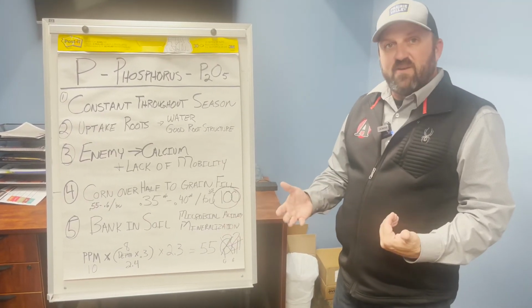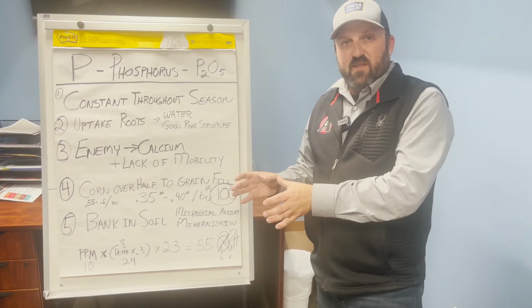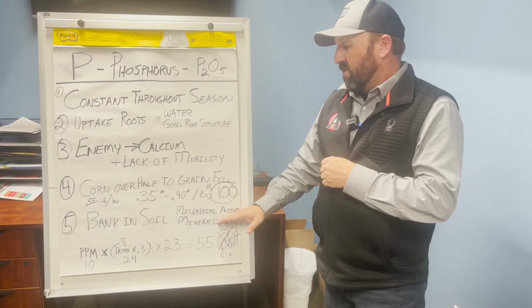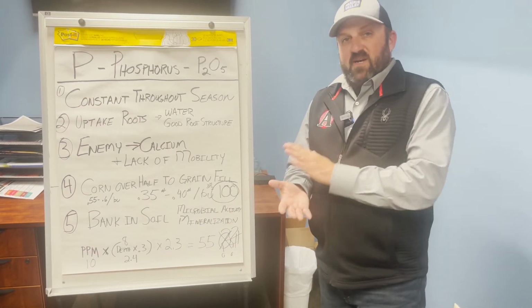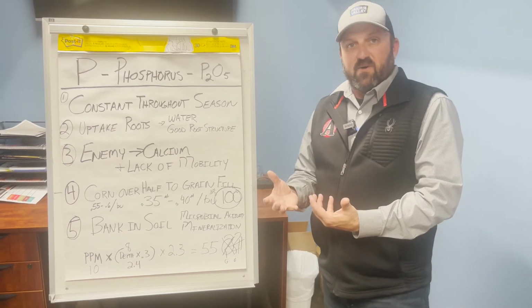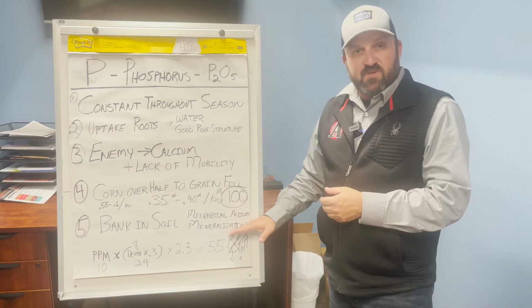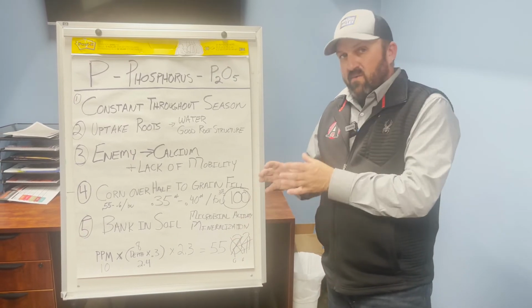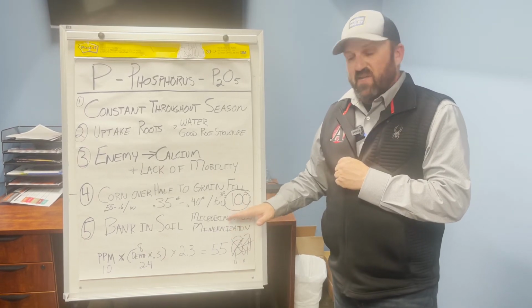Phosphorus does bank in the soil. Typically there's more phosphorus in the soil than what's available to the plant, so we rely on microbial activity and mineralization to free that up. That's why we see some of the benefits to cover crops, getting that microbial activity started earlier in the year. And we definitely like to see good warm temperatures. When we get cold, really wet, or really dry, we cut down on that mineralization,